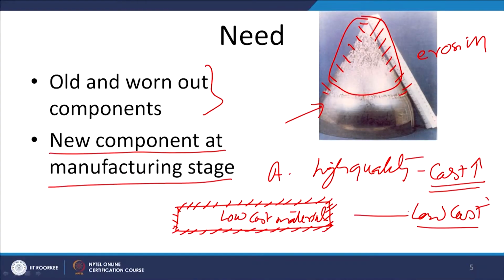So, this is one case where even in the case of a new component, surface engineering is applied. And in a number of cases, when we understand that a given product is going to be subjected to wear by a particular mechanism, then we will try to develop or engineer the surface in such a way that it has the required set of properties to deal with those adverse conditions which will be experienced by the product during the service.